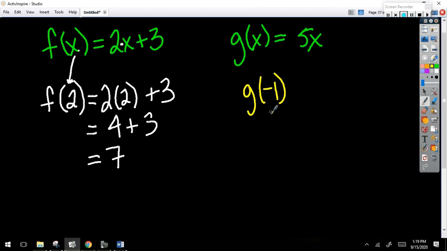What's g of negative 1? What is g of negative 1? Somebody, anybody. Look at g. This is telling me, look at g. Where there's an x, 5 times negative 1, which is